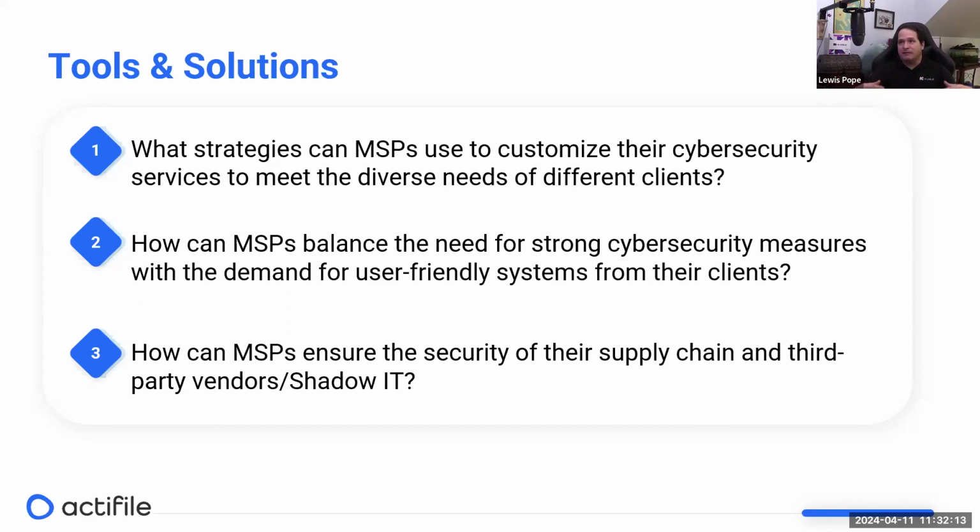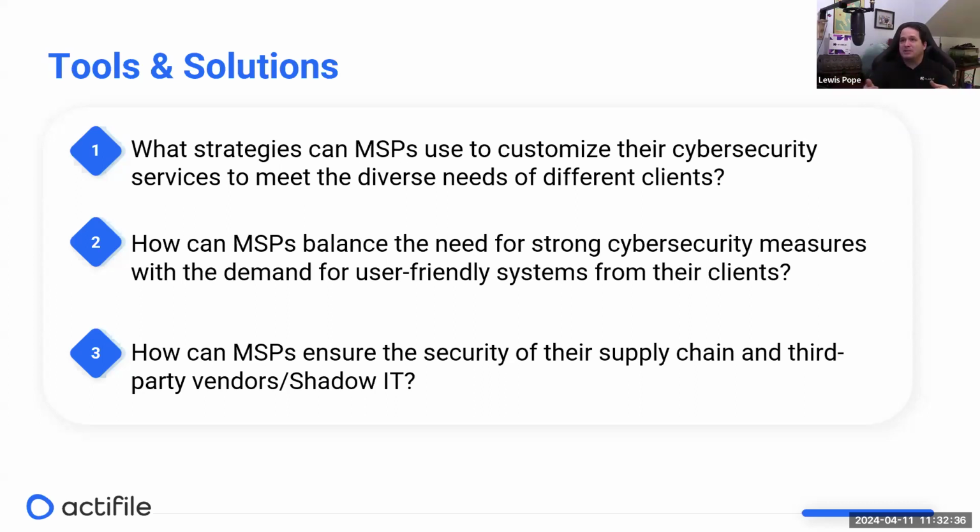So I've always been a big proponent of the idea that there's actually not as much difference between the different frameworks. There's not that much difference in the controls that they're asking for. And if you look at the mappings of any major frameworks or standards against each other, there's actually a lot in common.